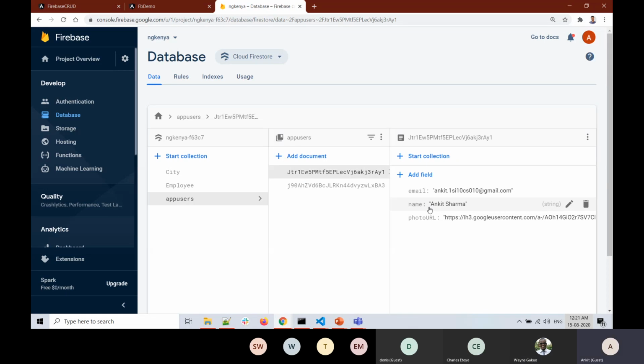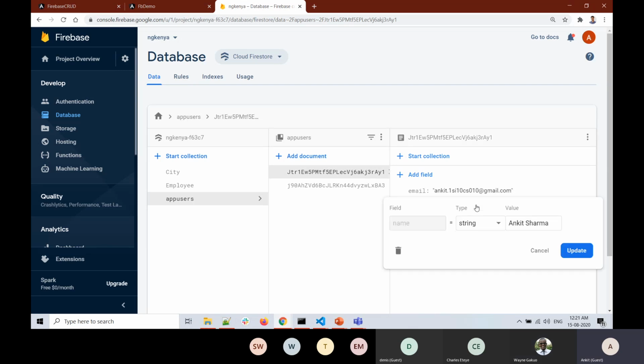Yes, so what I understand is that you want to fetch the first name and last name instead of a display name, right? See, the names are not in my control. I am not generating them myself. This is returned by the sign in object. Once the user signs in with the Gmail account, the authentication object returns the user data in the response. Here you can see on the UI, and here in the database, my name is Ankit Sharma. This is what it returns when I log in.